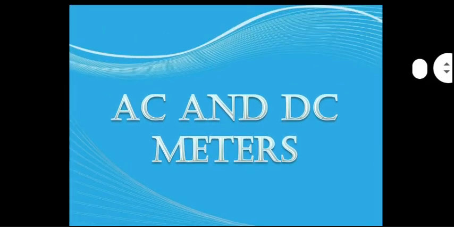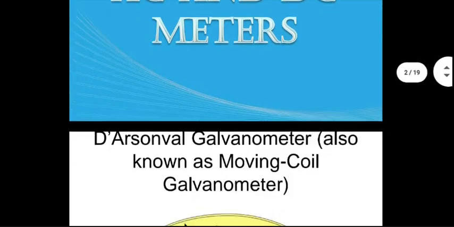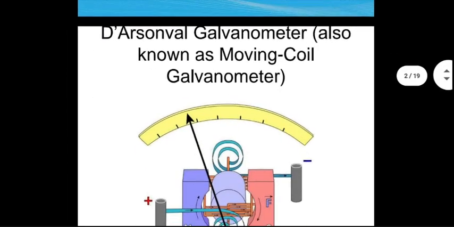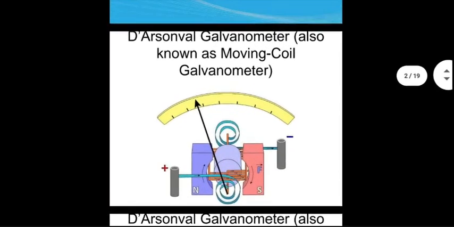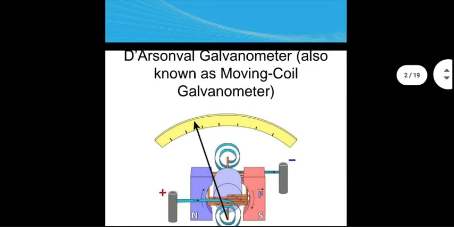DC meters essentially are fundamental, and AC is generally measured by rectifying it and converting it into DC, and then making appropriate correction in the reading observed. So the key is to design DC meters first and then convert them into AC meters. One component which is very old but still very useful in building